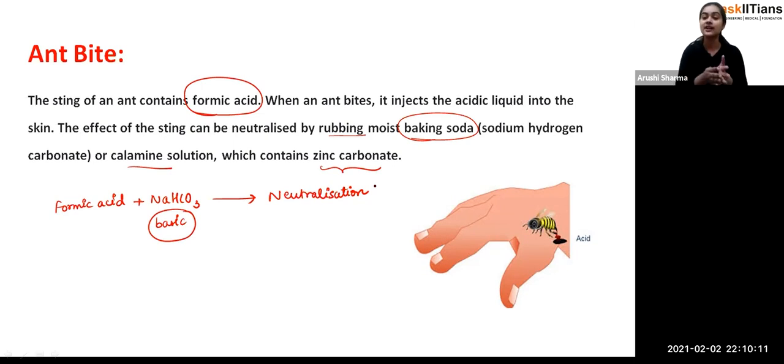Okay, so that's how, if there is indigestion, if there is an ant bite, you can use the neutralization process in your daily life as well. Because if acid is there, you just have to add the base so that there will be neutralization. Okay,